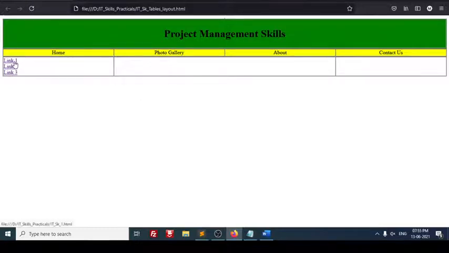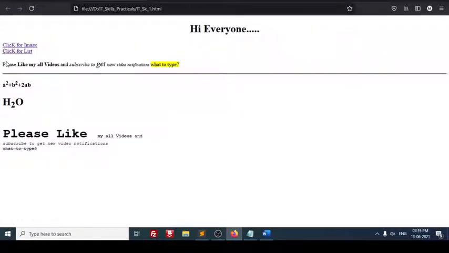Now what happens if I click on this link? It should display here. This is my aim, correct? How to do that is the question. I click that. Oh, it is not opening. It is coming in some other window, right? So this should not happen. I want it here only, correct? So what can I do? What could be done? Instead of coming in a different window, it should come in the same one.